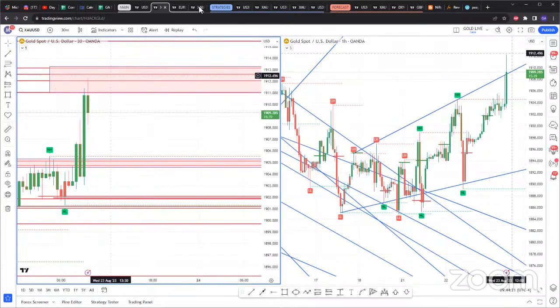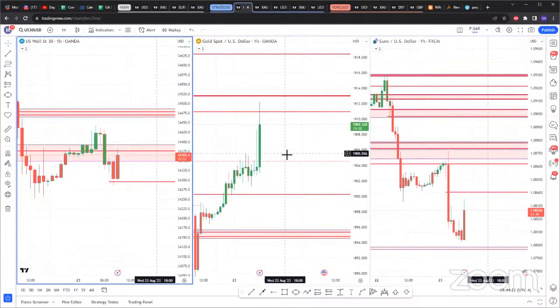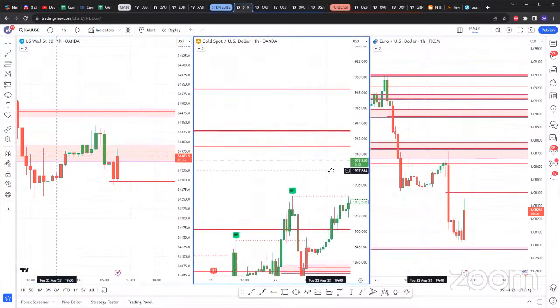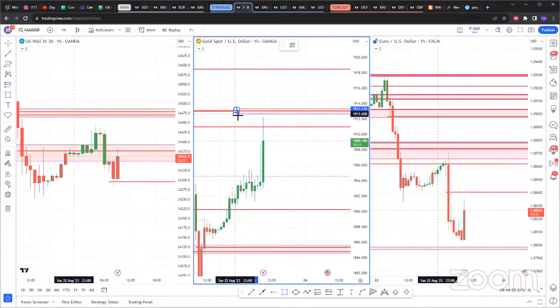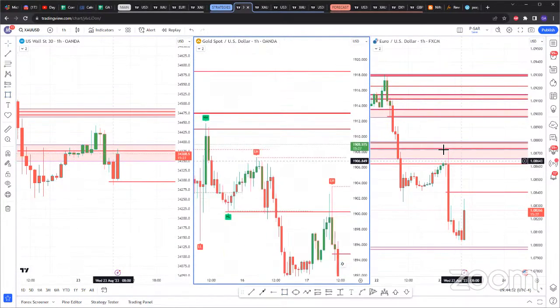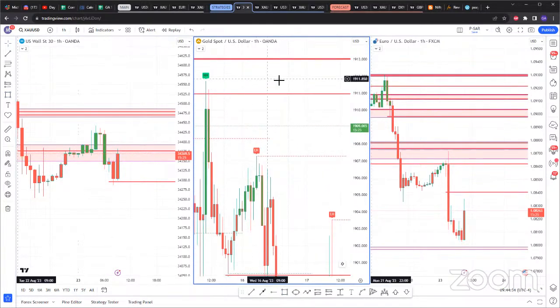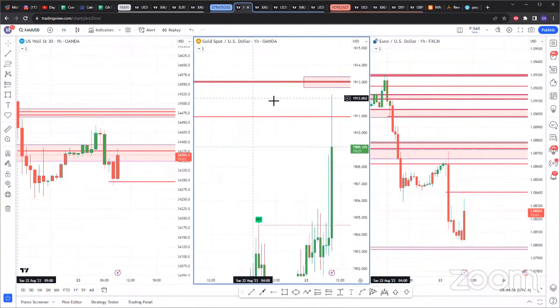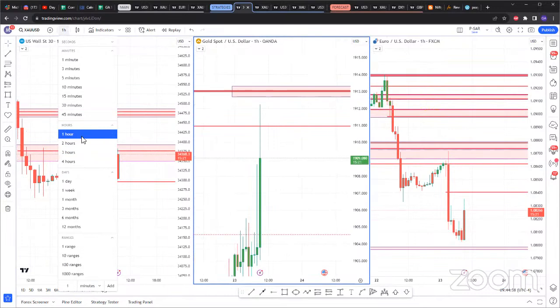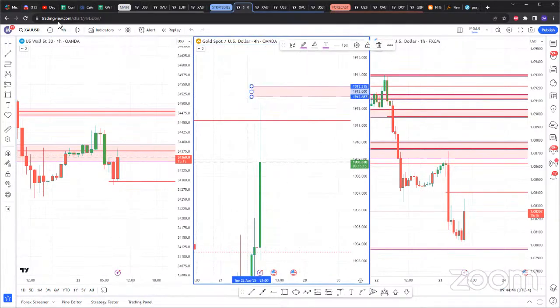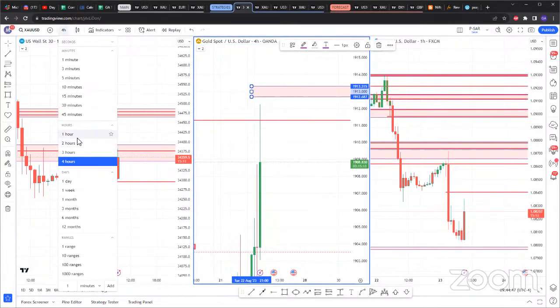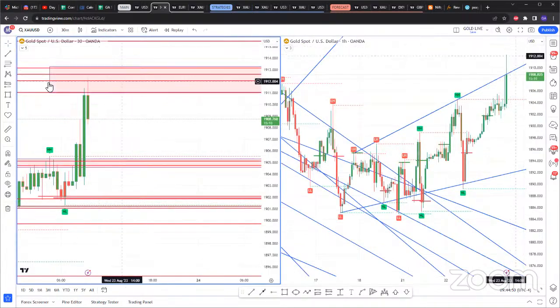Personally, I only trade the 1 hour and 4 hour, that's where my entries are. For me to even think of selling gold, it would have to test and reject here, because this is the zone that, on the hourly, is the only zone that has double SARs. On the 4 hour, there's nothing. So based off of how I trade using the 4 hour and 1 hour, I do not have any entry on gold. Now if you go down to the 30-minute, I've just shown you guys on the 30-minute here,